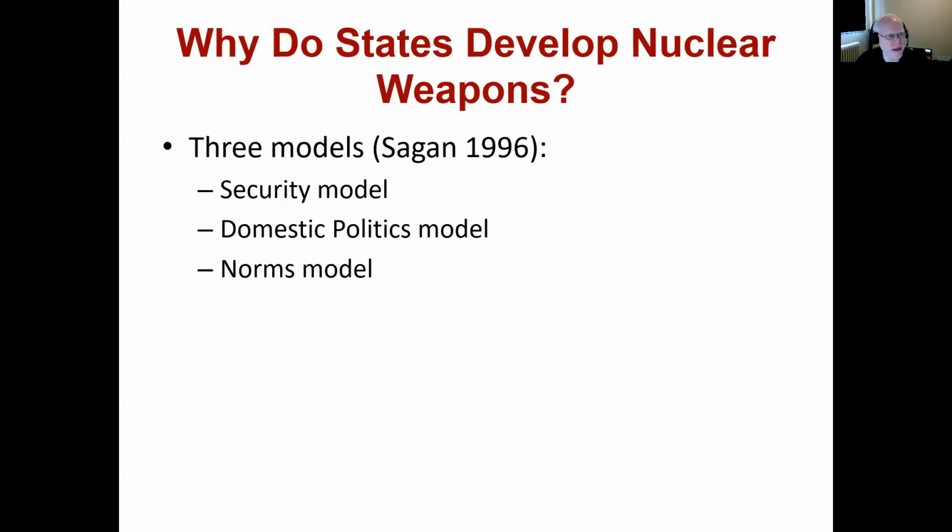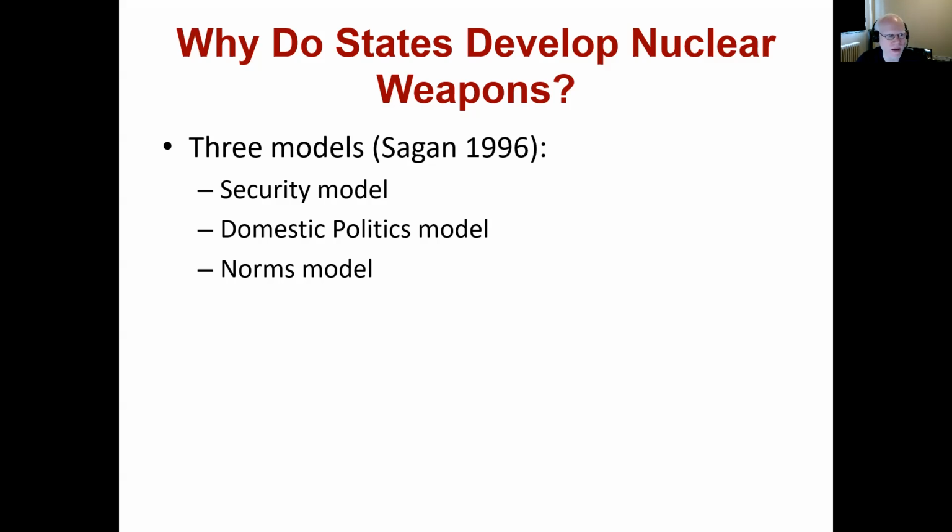So why do states develop nuclear weapons? It's a growing number of states, but still in terms of states in the world, it's a small percentage. Not all states have the technological capacity, but many states in the world do have the capacity to develop nuclear weapons, but haven't. Canada could have nuclear weapons if it decided it wanted to, probably within 6 months. And it's been that case for decades. We just choose not to have nuclear weapons.